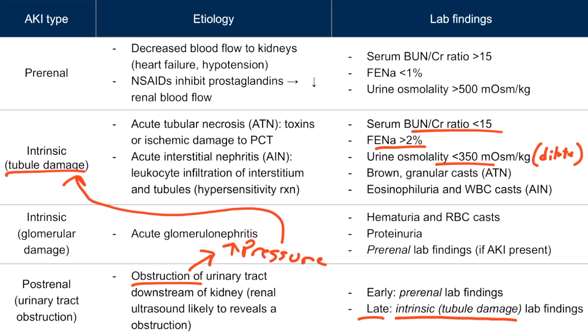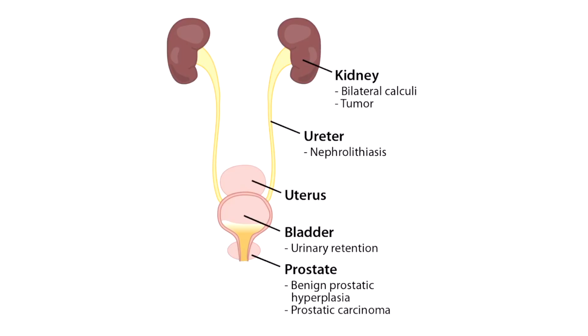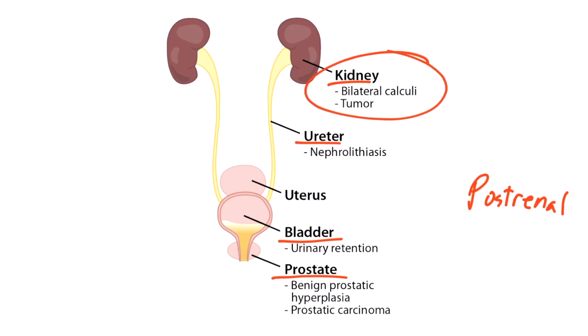The more practical approach is just looking at the patient and determining if they have issues that would cause obstruction. And then you visualize that obstruction by performing a renal ultrasound. Let me illustrate these pathologies on a new slide. Here's a picture showing some of the possible conditions that could lead to post-renal azotemia. The best way to think of the various causes of post-renal azotemia is to think of these different organs: kidney, ureter, bladder, and prostate. In the kidney, there can be calculi or tumors, and these can block urine outflow, especially